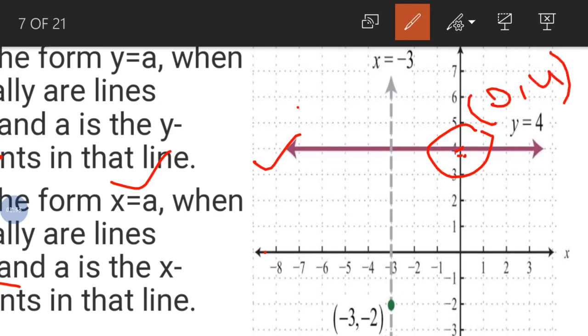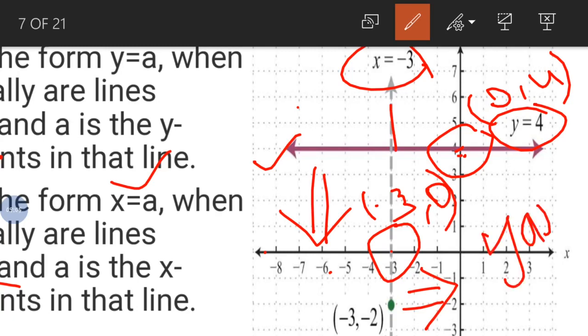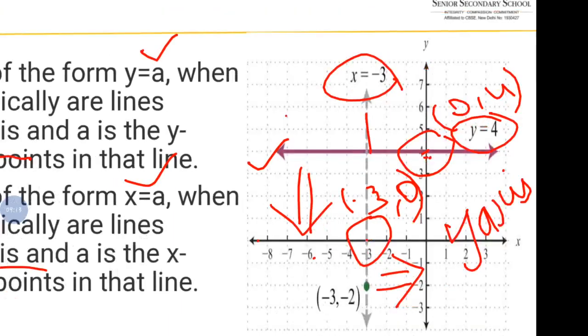And how will we draw the line? Only one point is there. So it will become a straight line, right? So if it is y is equal to 4 or y is equal to any number, that will be parallel to the x-axis, right? And the same way here, just look at here, x is equal to minus 3. Minus 3 in the sense this will be marked as (minus 3, 0). So there is only one point. So this line is parallel to the y-axis. Okay. So this line is parallel to the y-axis and this line is parallel to the x-axis.